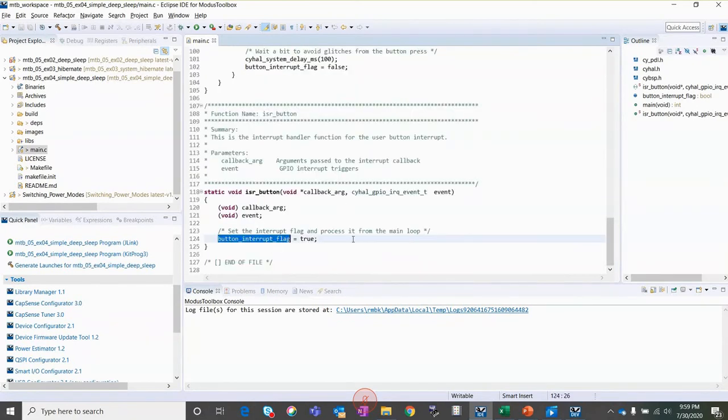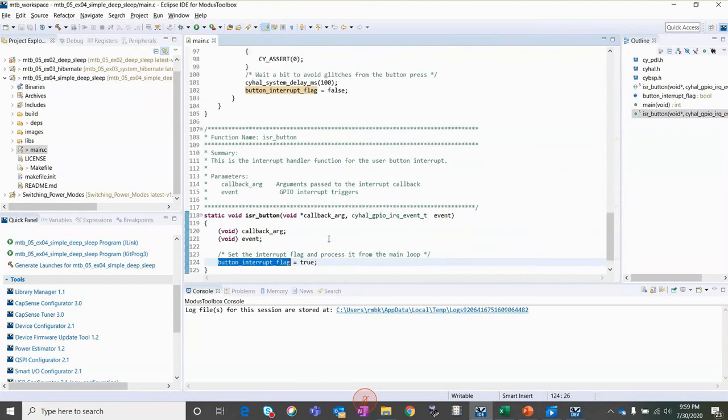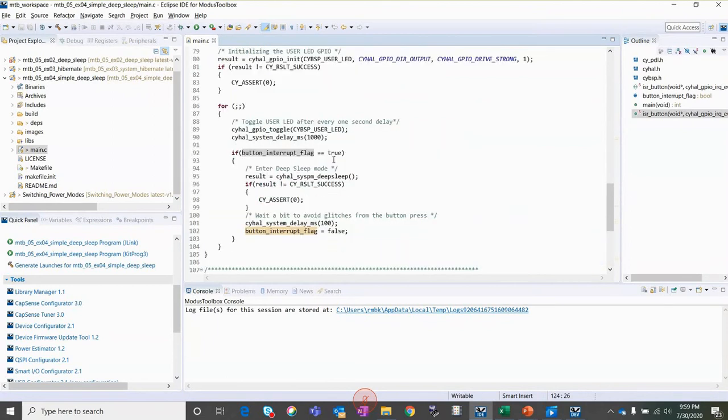First are the initialization code to initialize all the GPIOs that I want. And I have an ISR implemented. Here I'm basically using a flag variable to detect when the button is pressed. And when the button is pressed, I'm using a single HAL API to transition the device into deep sleep mode. And you can see that using a single API, I can reduce the